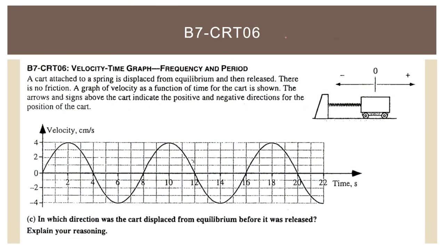And let's wrap this up here by looking at part C. I like part C. I think it is a sort of interesting, confusing, kind of weird question. It sort of helps solidify the concepts that we've been talking about since we brought up simple harmonic motion. And so I think it's a good thing for us to focus on before we move on to the next sheet. This question, B7 CRT 06 part C, says, in which direction was the cart displaced from equilibrium before it